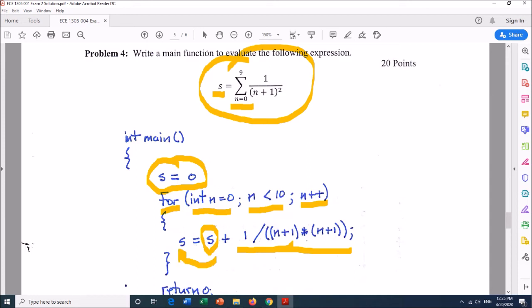So the first time through, s is equal to 0, n is equal to 0. It takes the old value of s, 0, plus 1 over a 0 plus 1 times a 0 plus 1. So that's going to end up being 0 plus 1, which evaluates to a 1, and that becomes the new value of s. And then n is incremented, and the next time through the loop,